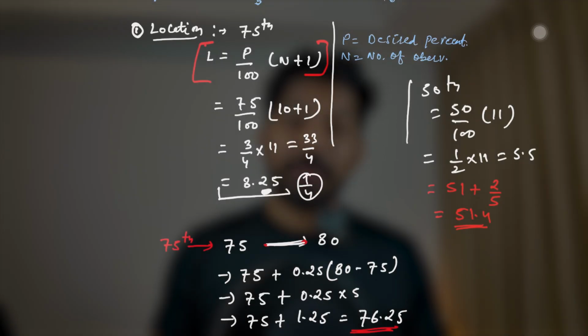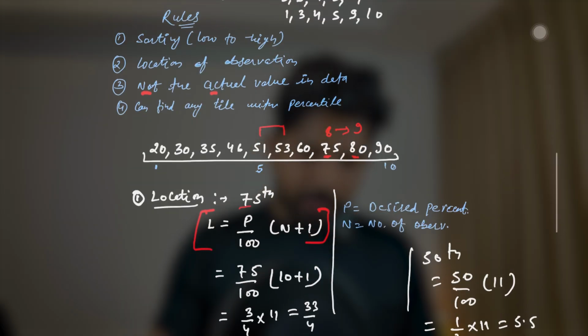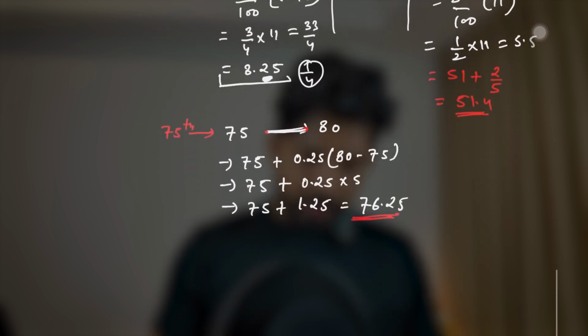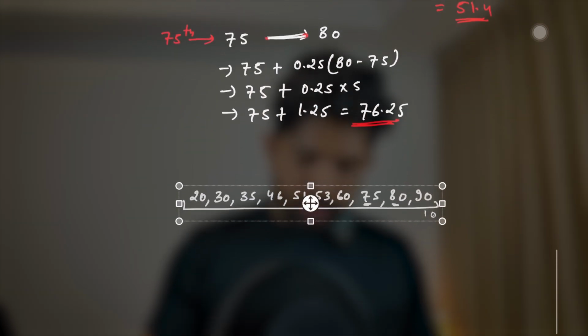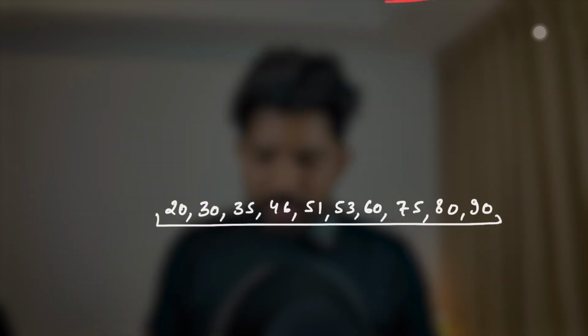Now the next concept is the reverse of this. Means now we are asked to find the percentile rank. So earlier we were given the percentile rank, that is 75, and asked the 75th is at which location. Now the number will be given, and we will be asked to find the percentile rank of this number. So let's take the same example. I'll just copy this and paste it here, and let me remove these values. Now let's say someone asks what is the percentile rank of this 60.